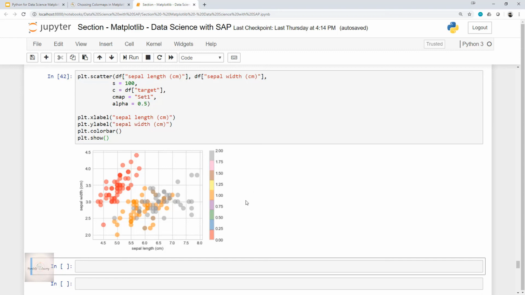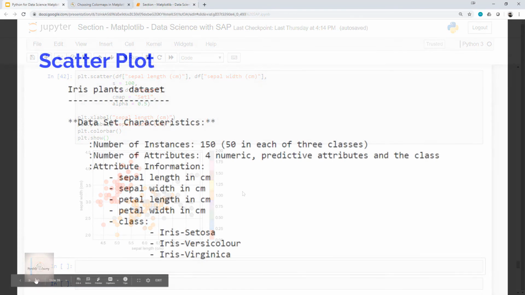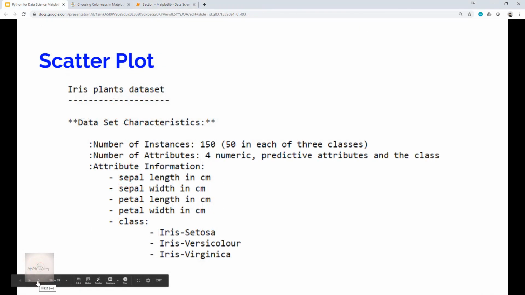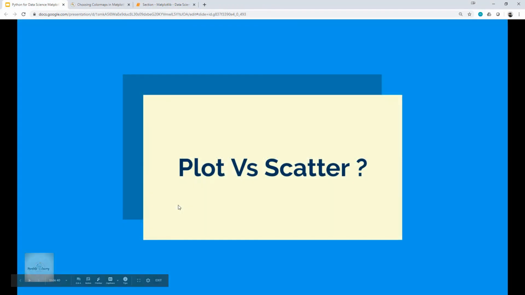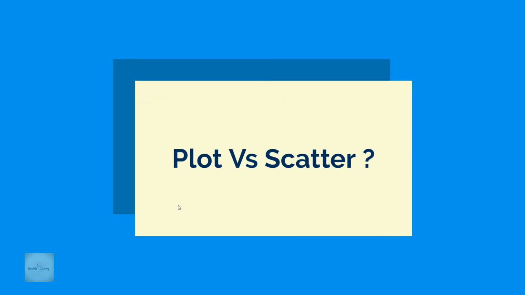Agree with me? Great. Now, a question arises here, that is plot versus scatter. Which is efficient? Is plt.scatter more efficient than plt.plot? Guys, no doubt, we have many different features available in both plt.plot and plt.scatter. But what if we have to choose one over the other?